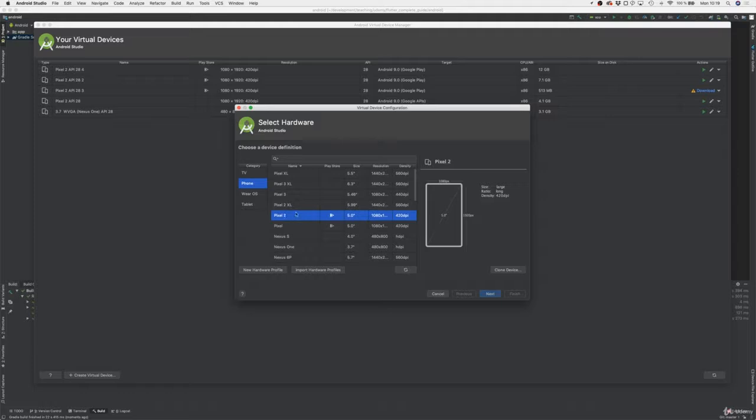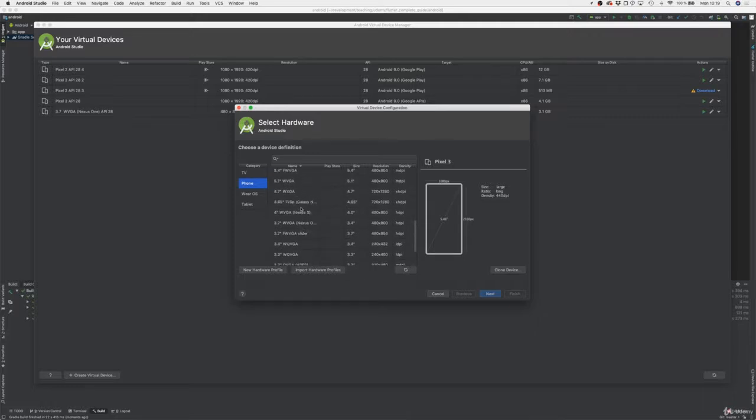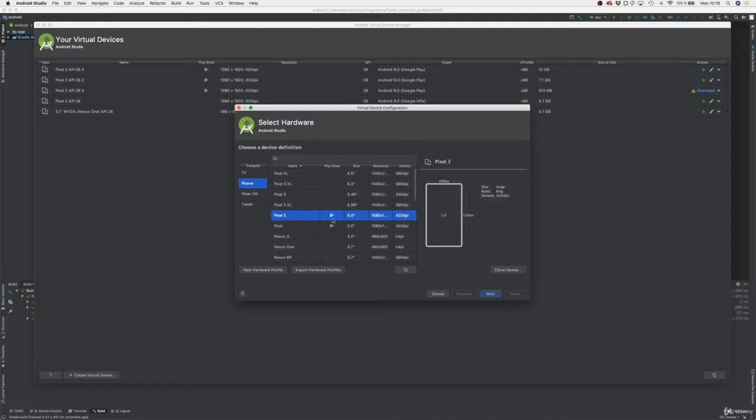For example, you can create a Pixel 2 or Pixel 3 device. You got other blueprints here. Also depends on the point of time you're watching this. You got really old or small devices as well, which we'll also use for testing later to see if our app works well on these devices as well. But for the moment, I'll go with the Pixel 2,